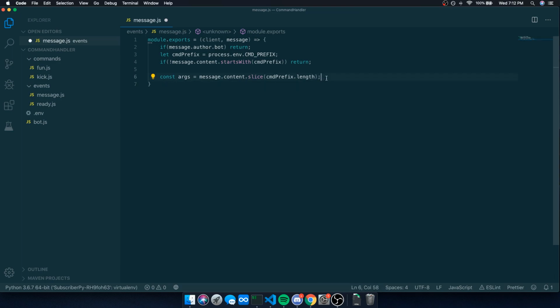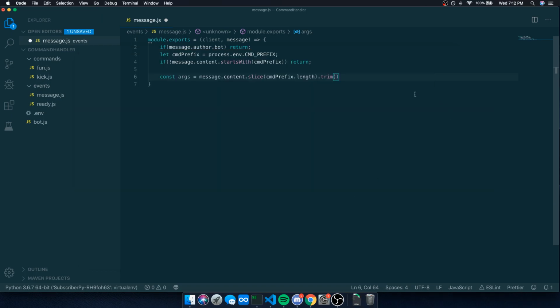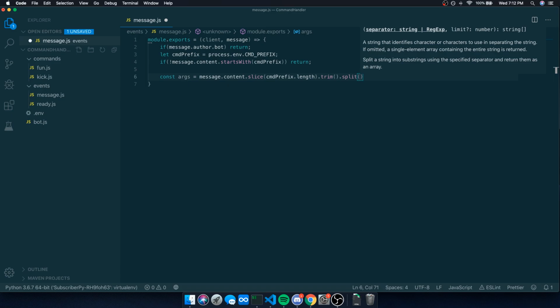Okay, but we're not done yet. What we need to do next is we want to tokenize this. So we're going to go ahead and trim any additional white space, because they might do something like exclamation mark, white space, white space, white space, help. And we want to trim the white space. And we're going to split. We're going to tokenize the entire string. So when it returns, we'll have an array of tokens. But we're going to split it based off of a regular expression. So we're going to do white space,